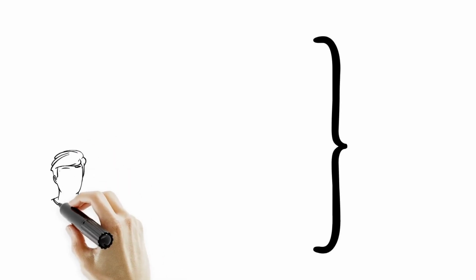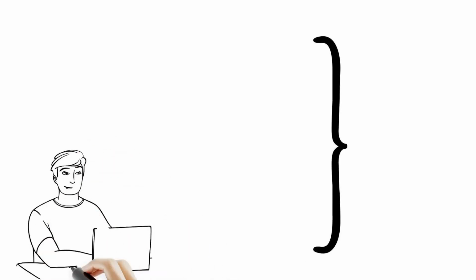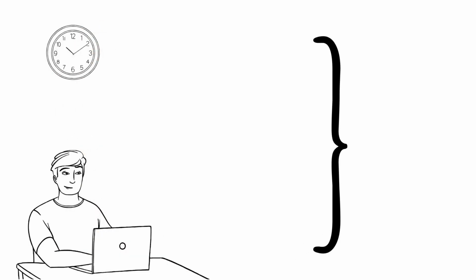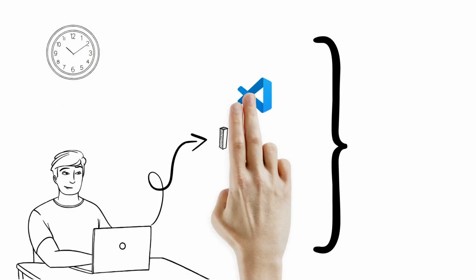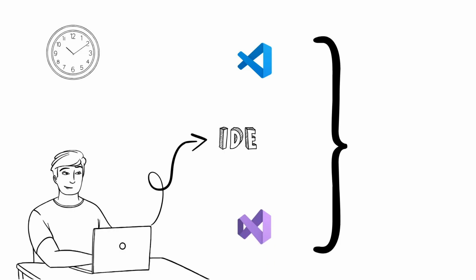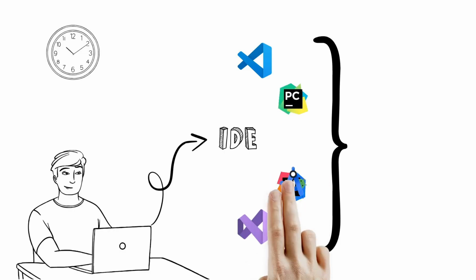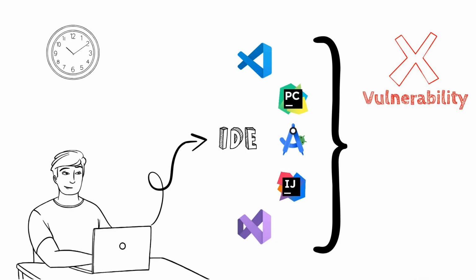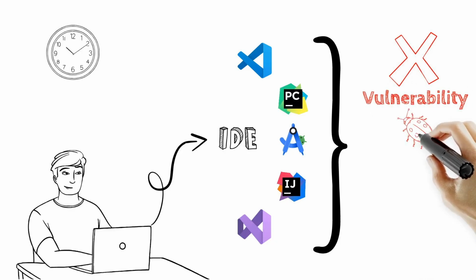The whole software development coding part starts in his favorite IDE, where the developer uses his Visual Studio Code, Android Studio, or whatever to start creating code. And that's exactly the point where a vulnerability is born. So, if he's introducing application security practices into the IDE, it means that he can find vulnerabilities immediately and fix them.